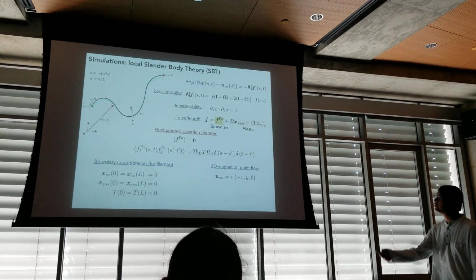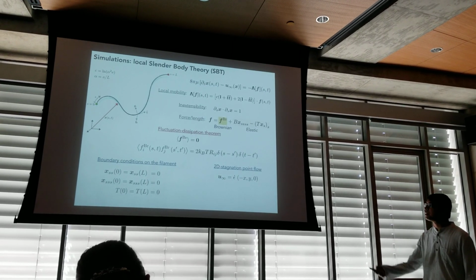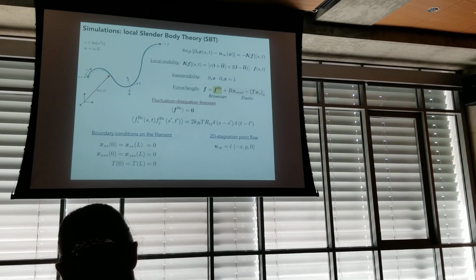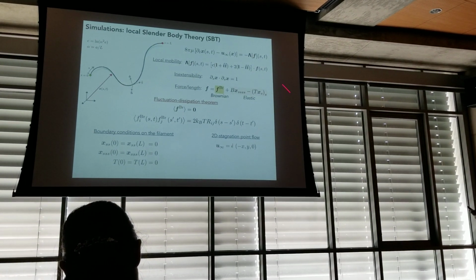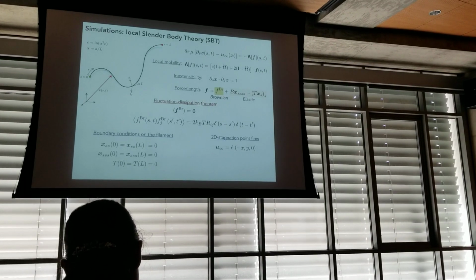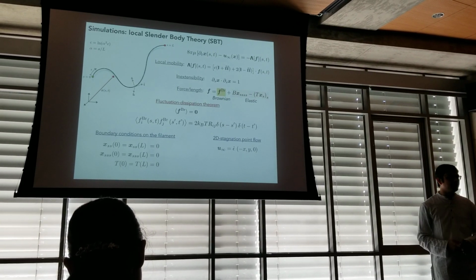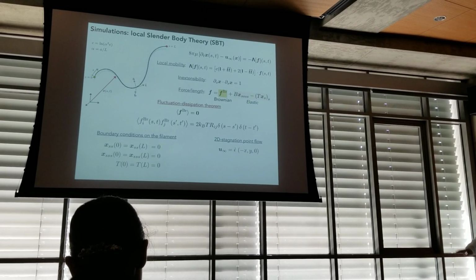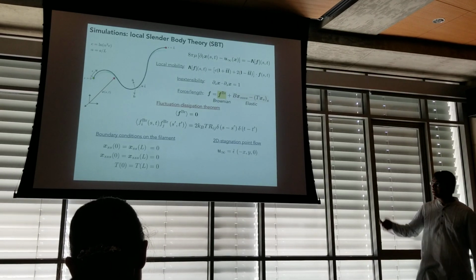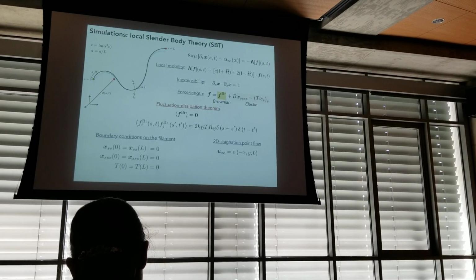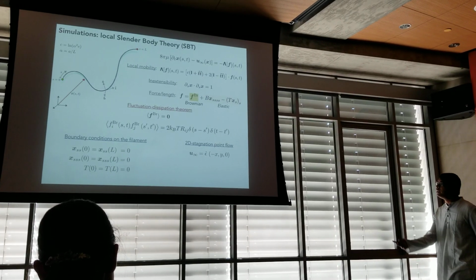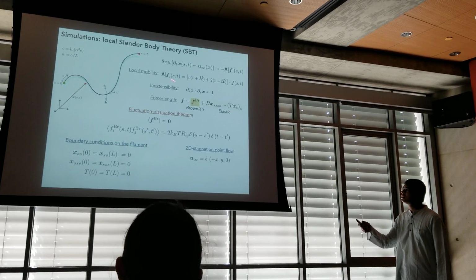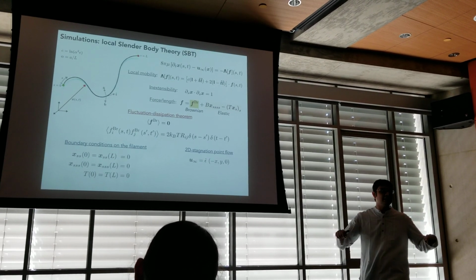So for the modeling, we think of these filaments as three-dimensional space curves that are parameterized by arc length S, and the center line is identified by a Lagrangian marker, X. The hydrodynamics is given by the standard slender body theory that I already mentioned, and here I'm making an approximation. I'm just retaining the local leading order and isotropic drag terms. F is the force exerted by this filament on the fluid, and it has two components, one Brownian, one elastic. For the elasticity, we are thinking of these filaments as inextensible Euler-Bernoulli beams, with bending rigidity B, the fourth derivative is typical of bending, and T is a Lagrange multiplier that enforces this constraint of inextensibility. You can think of this as a line tension.